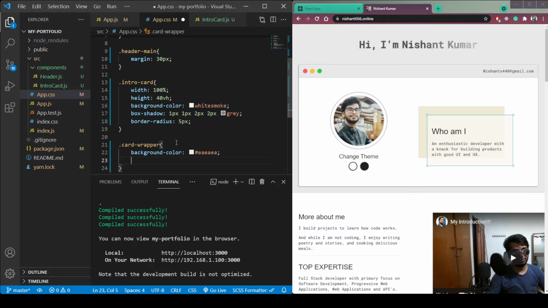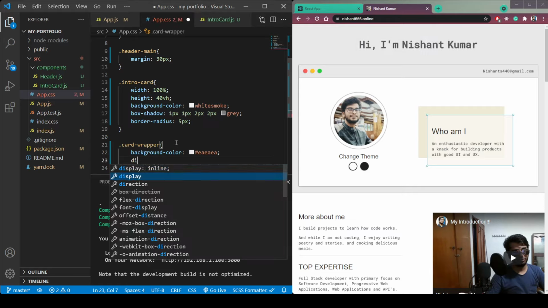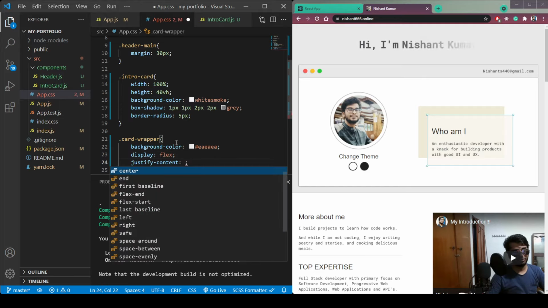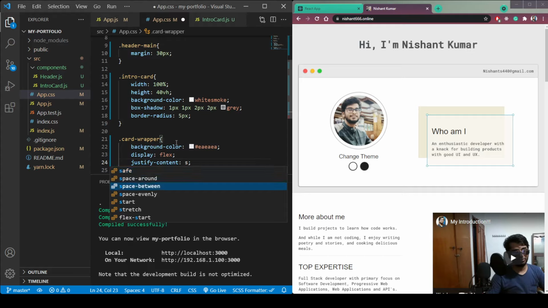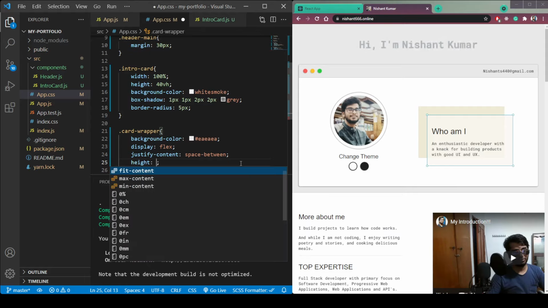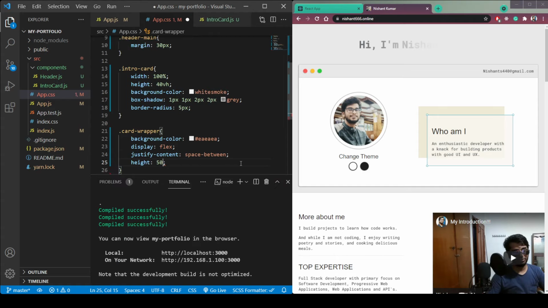Now make it display flex, justify content space between, to make it stick to the last and the first. Now let's give it a height of 50px.